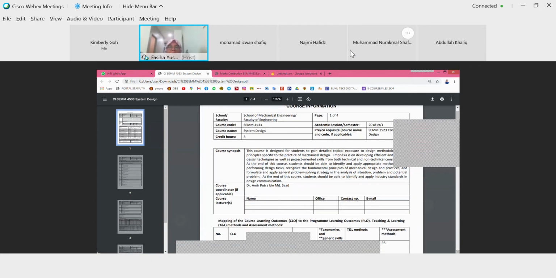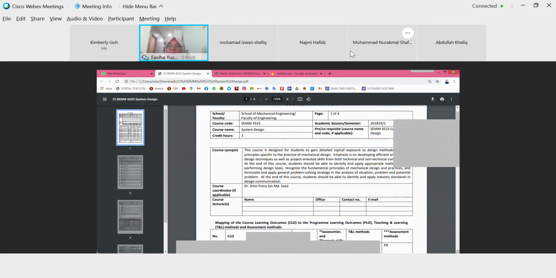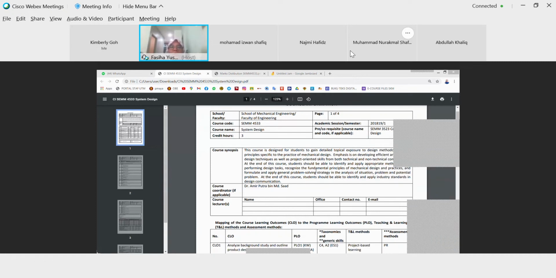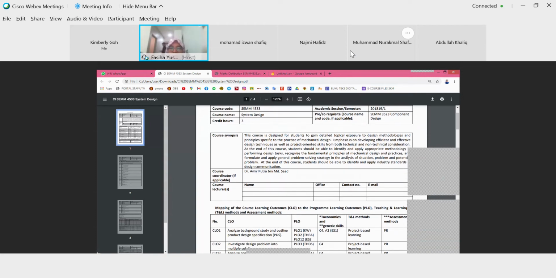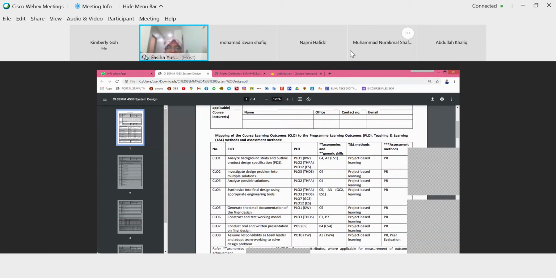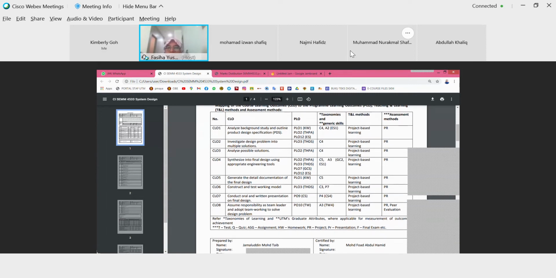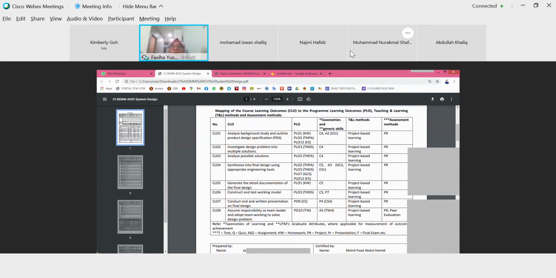You can see this, yeah? Yes, Radin. Okay, good. Our subject is system design. This is the synopsis and the CLO. Do you know what is CLO? Course learning outcome.